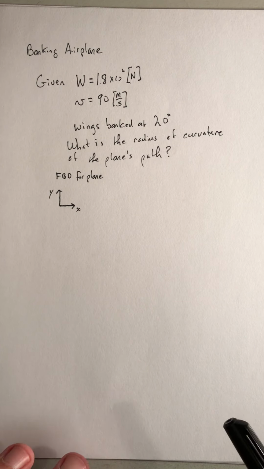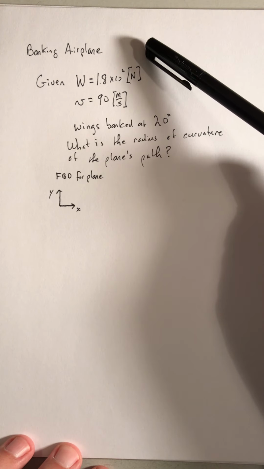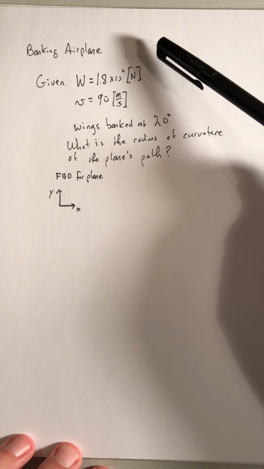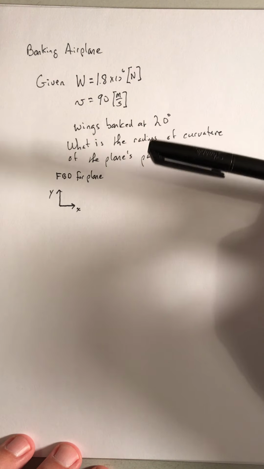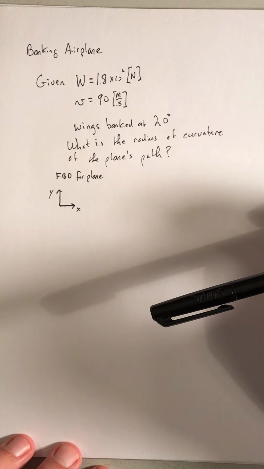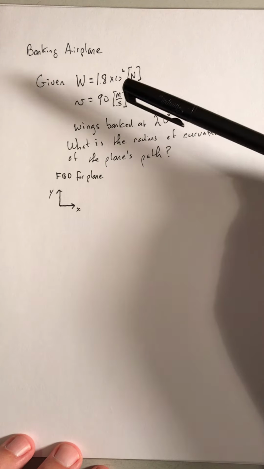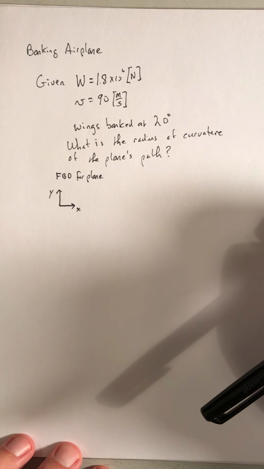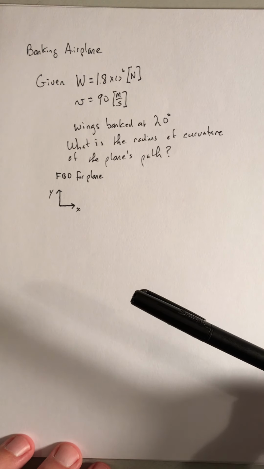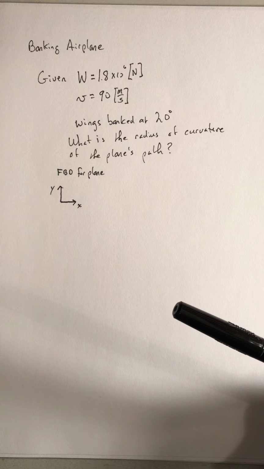We'll look at an example of uniform circular motion. This is a case where an airplane tilts its wings, so it's banking, to use part of its lift to provide the radial force so that it can execute circular motion. If you've ever been on a flight and you're waiting for your airplane's turn to come in to land, you'll be familiar with this maneuver of the airplane banking and making a wide turn,